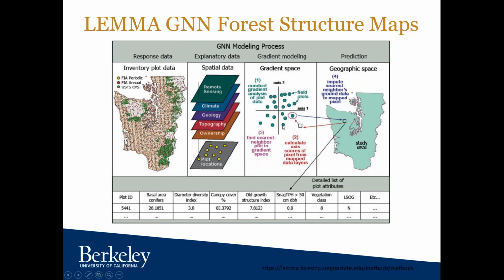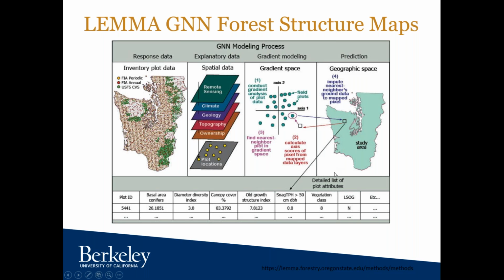So they develop metrics that summarize each plot data location, as well as locations across a region that do not have plot data. They link the plot data with that spatial data in order to extrapolate or interpolate what areas that don't have plot data are most likely to look like. So they plug in the plot data that they have into areas that don't have plot data based on how similar that area without plot data is to the area that has that plot data.